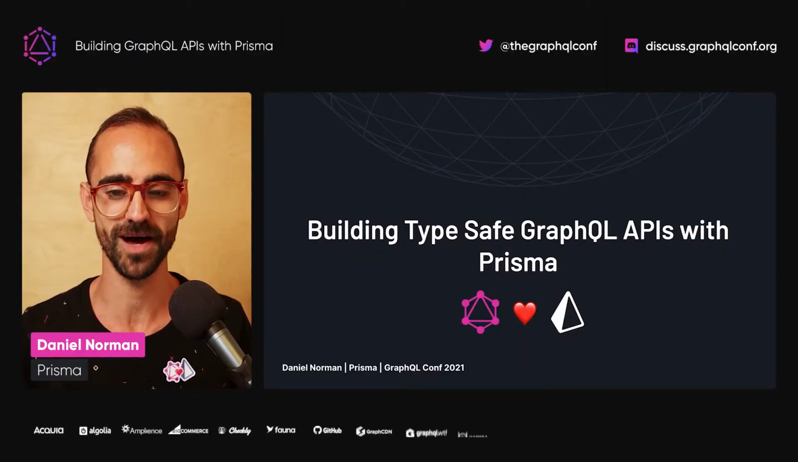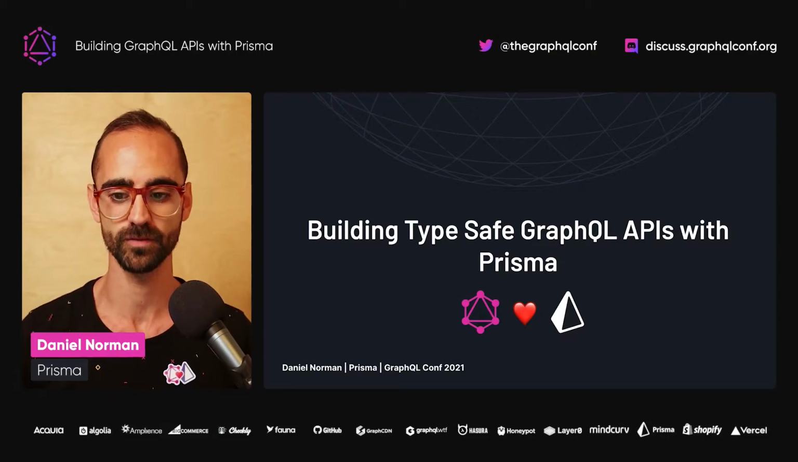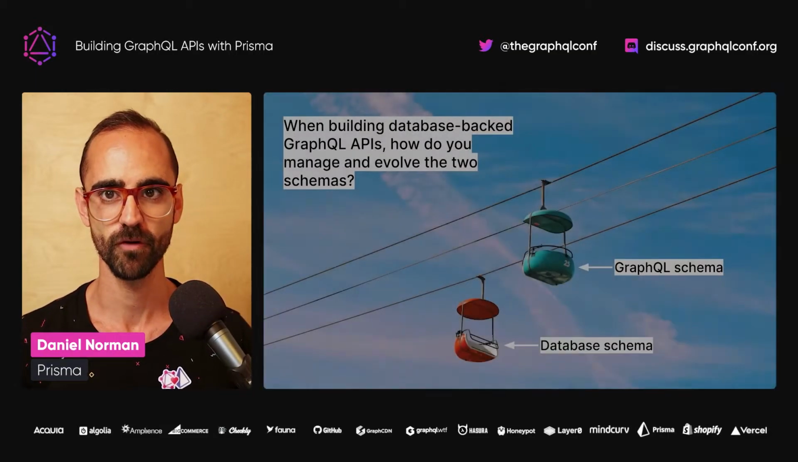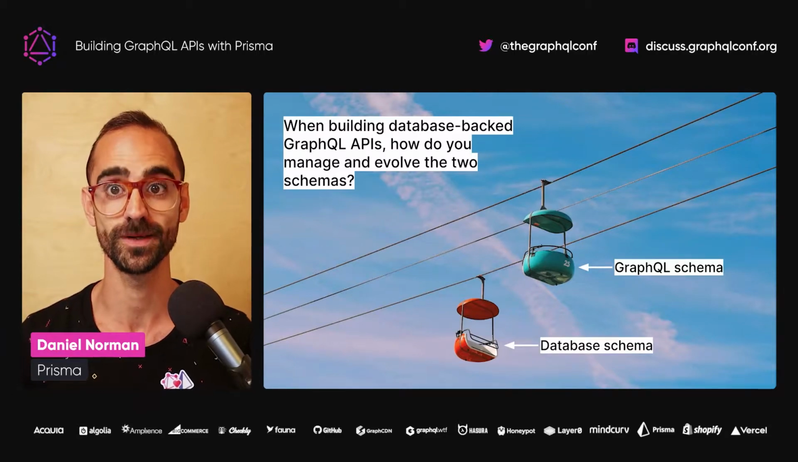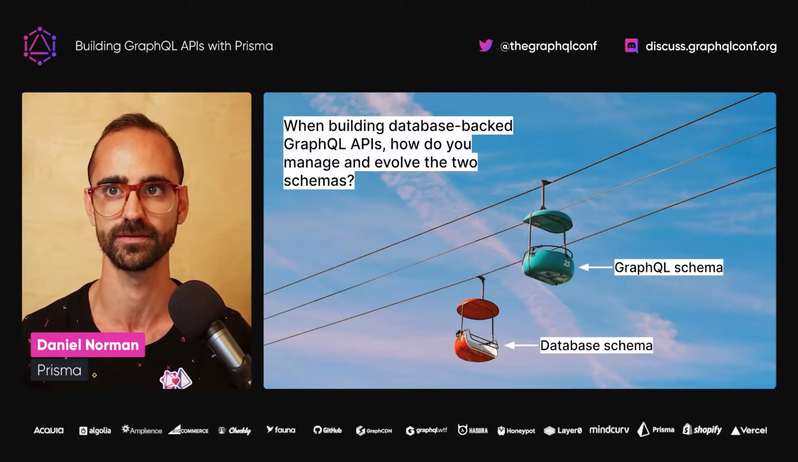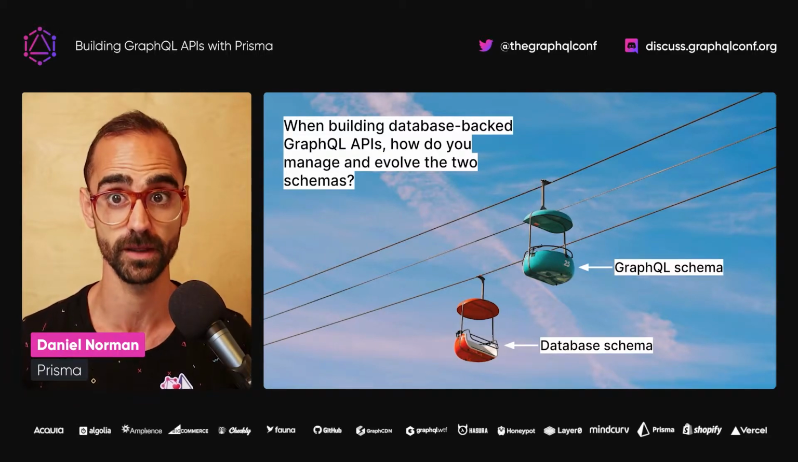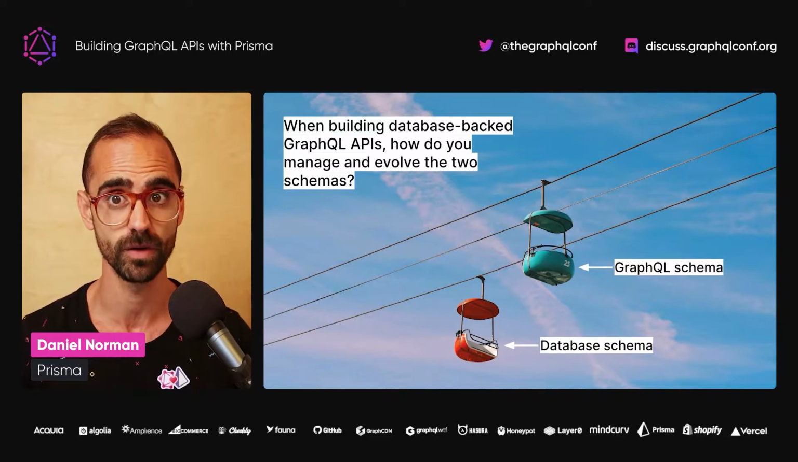Welcome to Building Type-Safe GraphQL APIs with Prisma. Before I get into this talk, I'd like to begin with a question to set the context. When building database-backed GraphQL APIs, how do you manage and evolve the two schemas, those being the GraphQL schema and